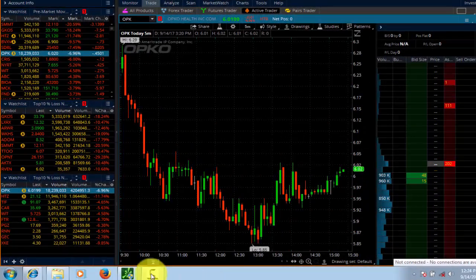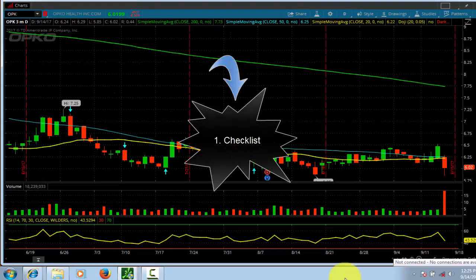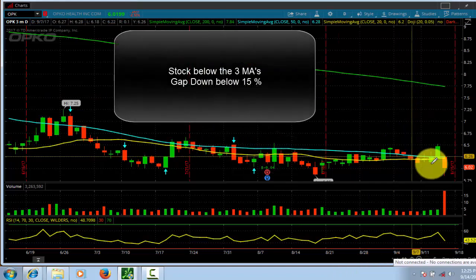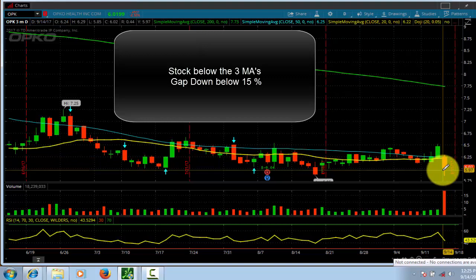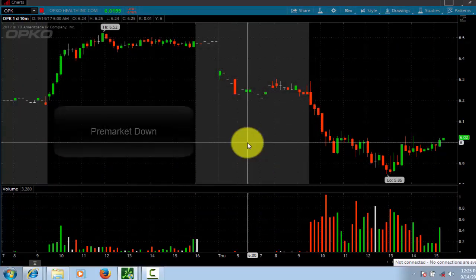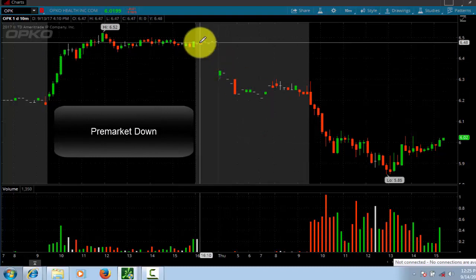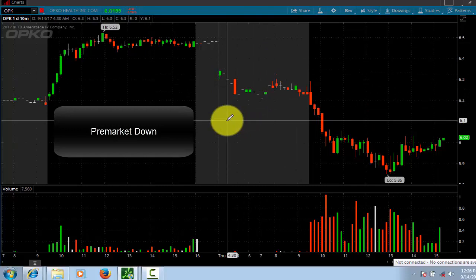Let's start with the 4 topics now. First one is checklist. So before I take a trade, these are the criteria that I would look for. First one would be on a daily chart. The stock should be below the 3 moving averages and it should have a gap down preferably. Second criteria it has to meet would be pre-market down. So what I'm looking for here is red candles or a gap down or some kind of confirmation